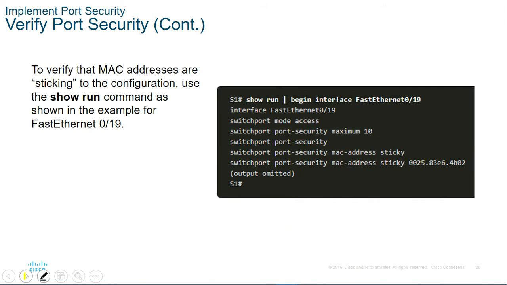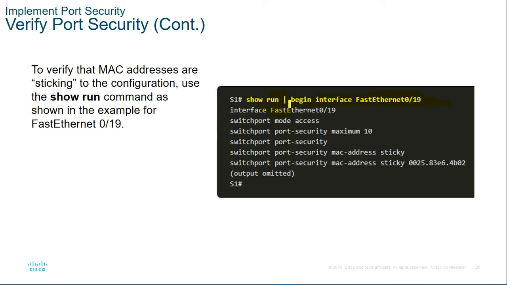Now you can also get this security information from the running configuration. For that, you have to execute the command show run. You have to apply the filter symbol, use the keyword begin, and then use the interface ID. You know that this is called the filter symbol. The show run command has the running configuration and stores all the information.